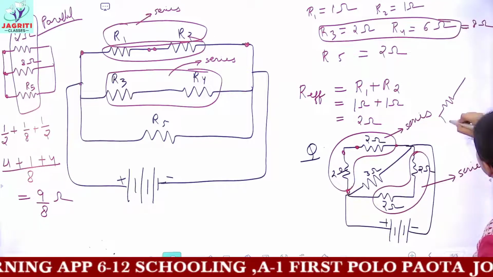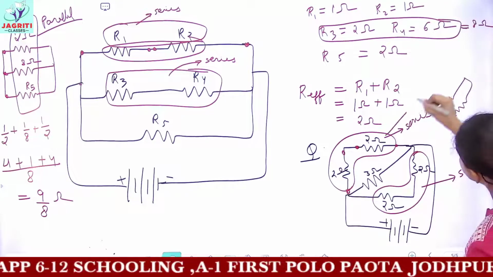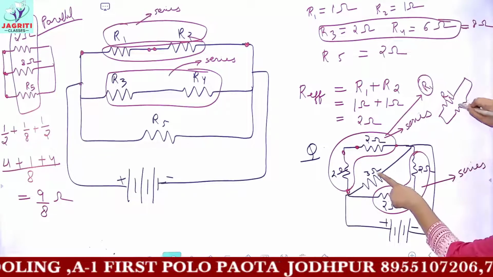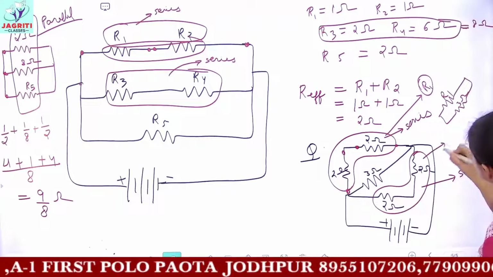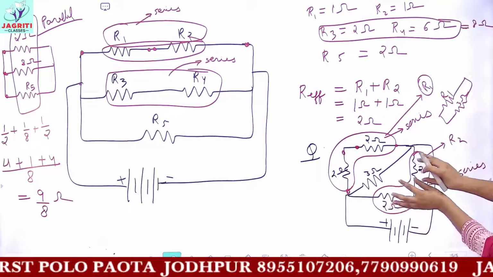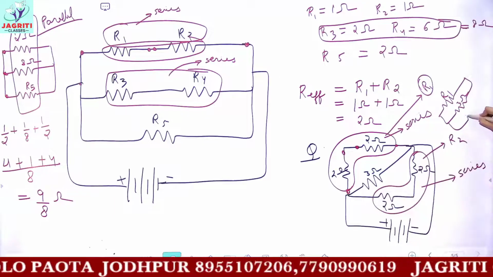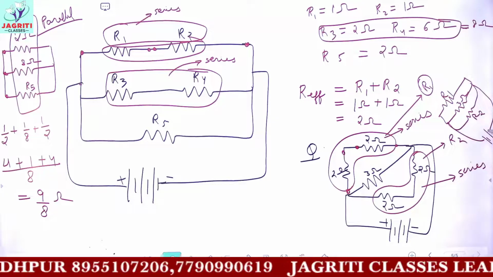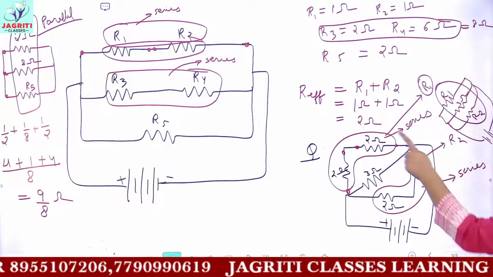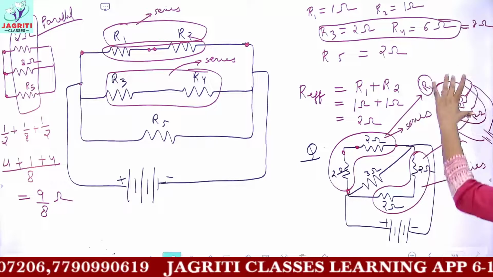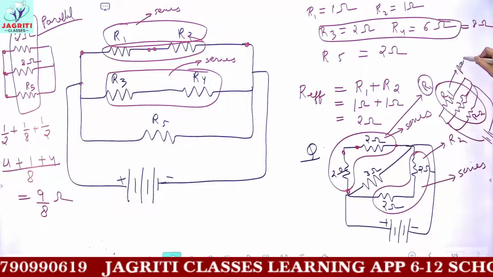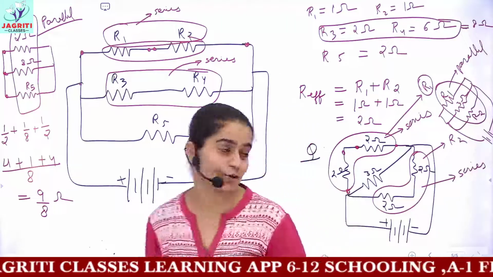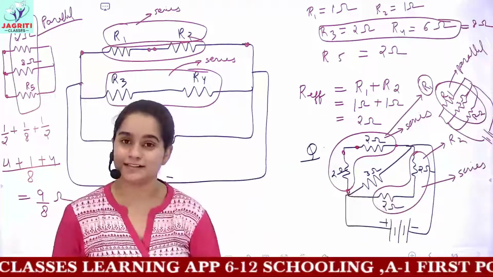Then you have the middle one. Let's suppose this answer you got as R1. So this one would be R1, this is your 3 ohm, and this answer you got as R2. So now in place of both these, you can take a single resistance of R2, and now all the 3 resistances are in parallel. So after finding these, all these 3 are in parallel combination, so you can find the total resistance of the circuit. I hope this is clear, so practice many more such numericals, okay?